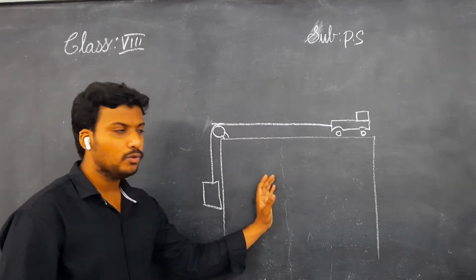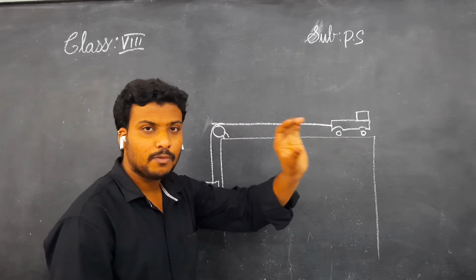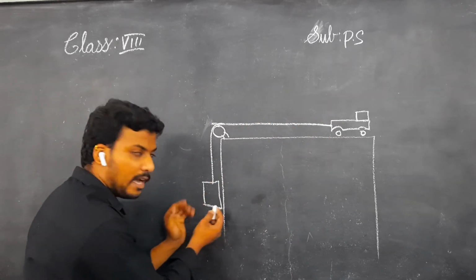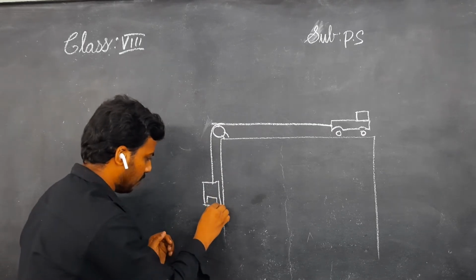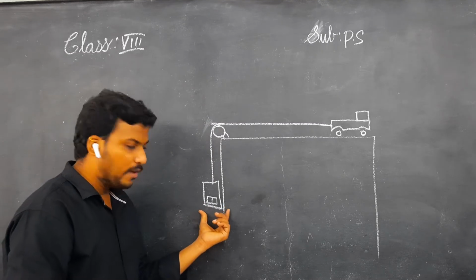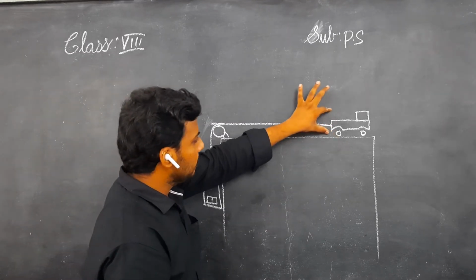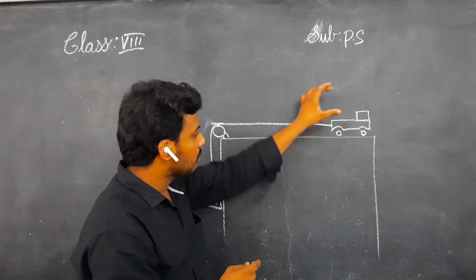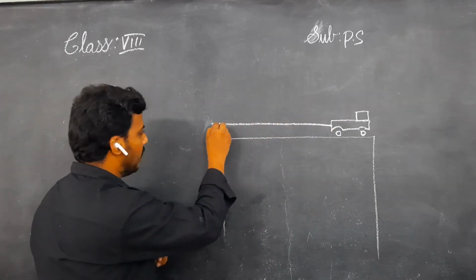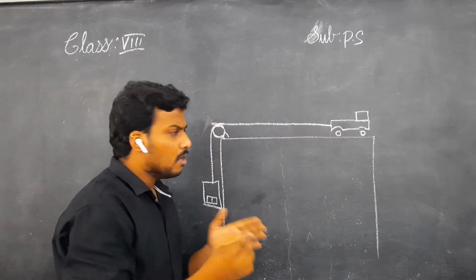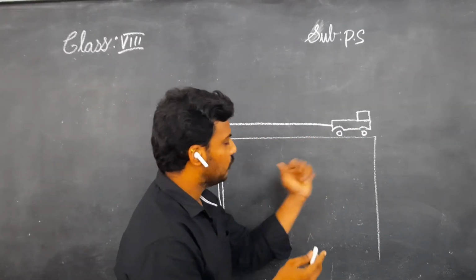Right now what happens, keep the weights. Whichever weights you have taken, keep them in the weight hanger, children. Okay, I am keeping weight 1 in the weight hanger. When I put the weight in the weight hanger, slowly the trolley moves, children. Yes or no, children? Due to the weight, the trolley moves. Here the pulley made the string move, so the toy trolley moves. Right now children, observe carefully.